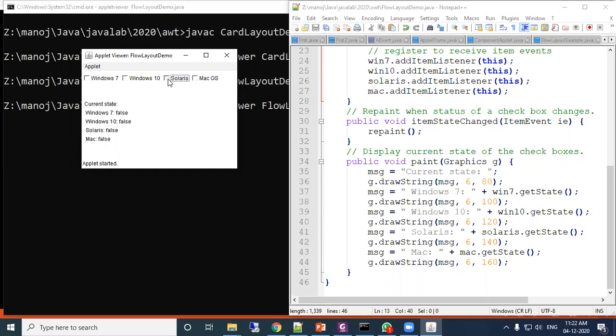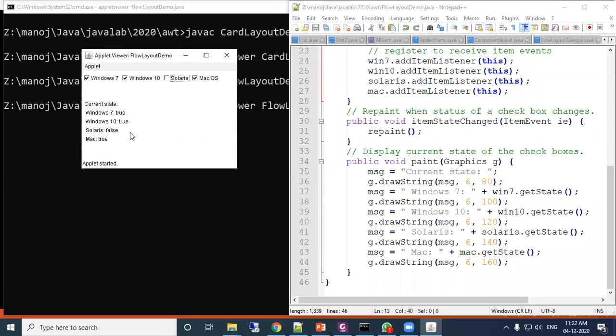So suppose I change Solaris. When I click on it and choose it, just see, immediately Solaris is showing true. Similarly, suppose I click Windows 10, it shows true, and the others are false. Now suppose Mac OS is true, Windows 7 true. Now suppose I unclick Solaris, Solaris will be false, and the others are true.